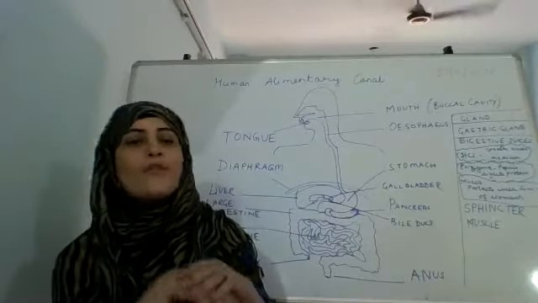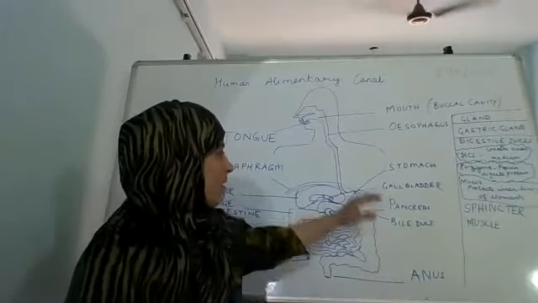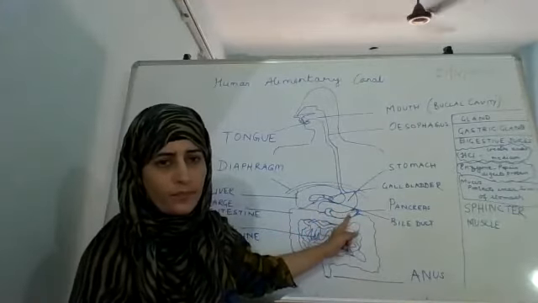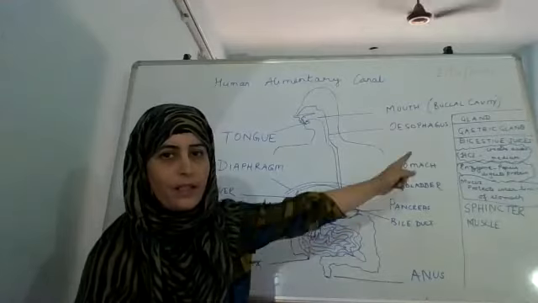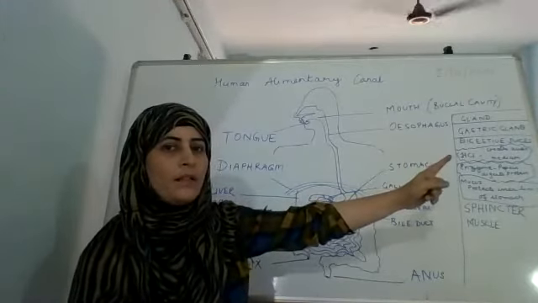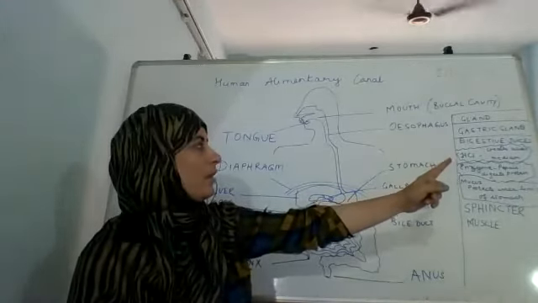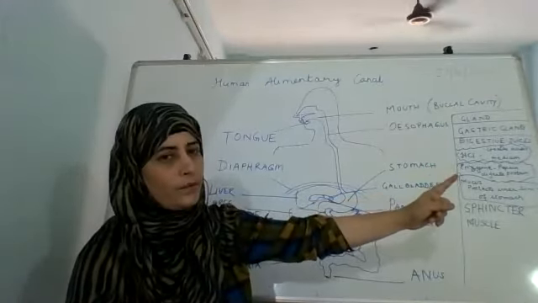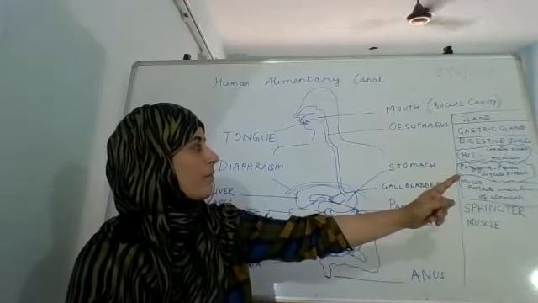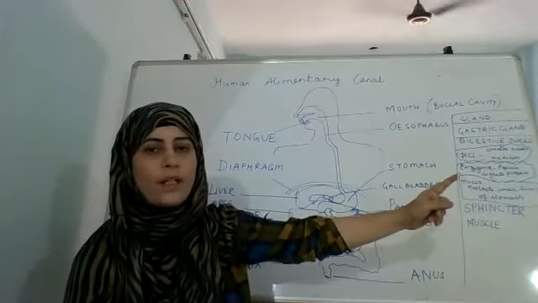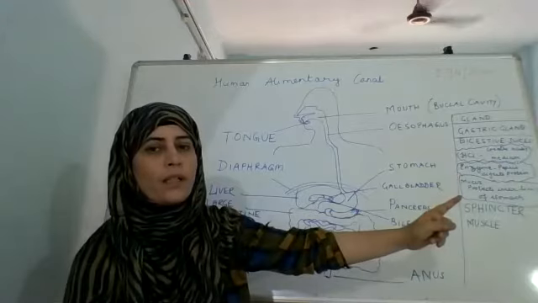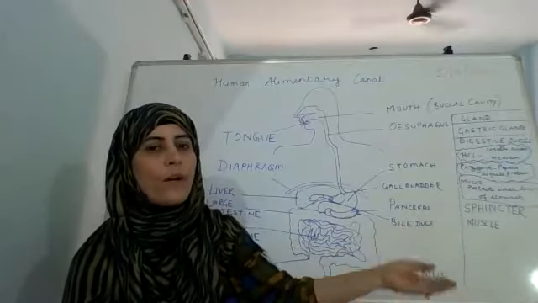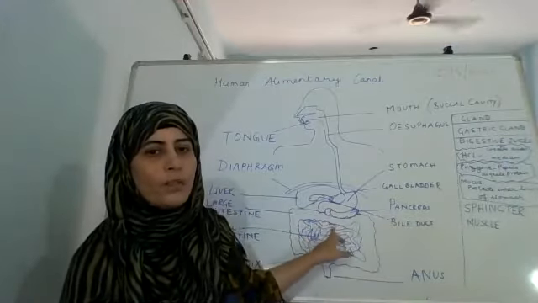समझ रहे हो आप? अभी जो food है, what has happened now? It was in the stomach. Okay, in the stomach it was acted upon by HCl. We have written over here HCl. What did HCl do? It creates an acidic medium. What does this enzyme pepsin do? It digests the proteins. What does the mucus do? It protects the inner lining of the stomach. And there is the sphincter muscle, which allows little food to pass from the stomach to the small intestine.